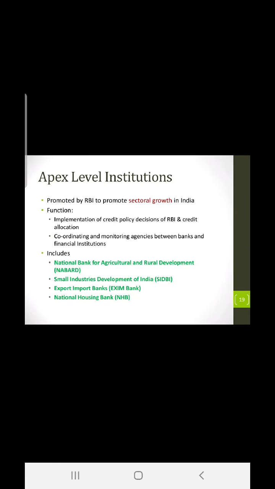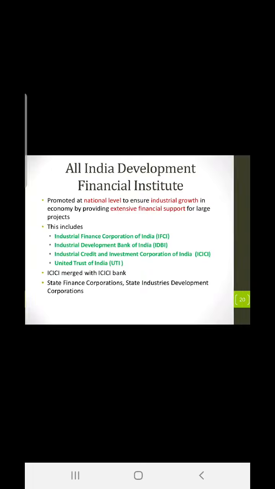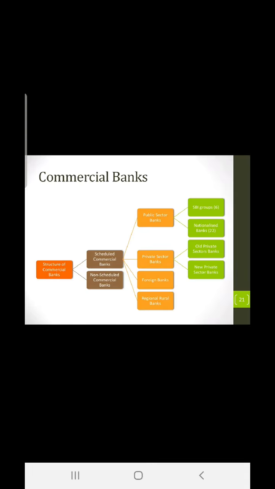Amongst these, first we studied the apex institute, which is NABARD, but in 1982 they separated their entities, given in green color. NABARD is there, SIDBI is there, EXIM is there, NHB is there. Okay, the next content is All India Development Financial Institutes. Which are the development financial institutes is given in green color: Industrial Finance Corporation, Industrial Development Bank of India, Industrial Credit Investment and Unit Trust of India. Next we studied about